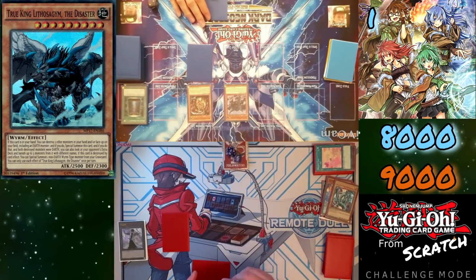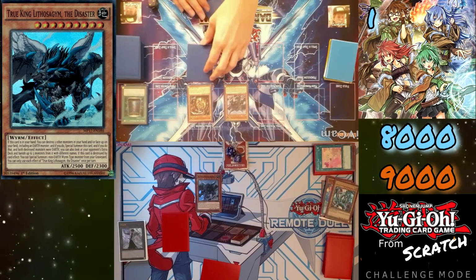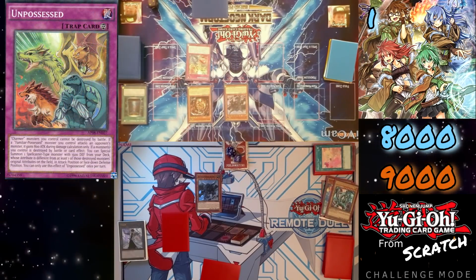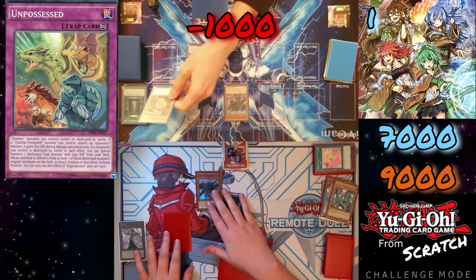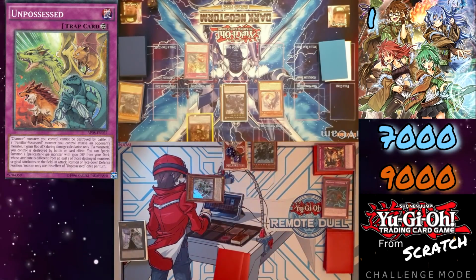God. Special summon. Wow. From there we swing in over the Earth Beastie with our Lithosagem, and an Unpossessed gets flipped, which allows him to special summon from the deck when his monster is destroyed, but we get 1000 points of damage in, leaving me happy. With no real resources left, we do get steamrolled over the next couple of turns, but at least it wasn't